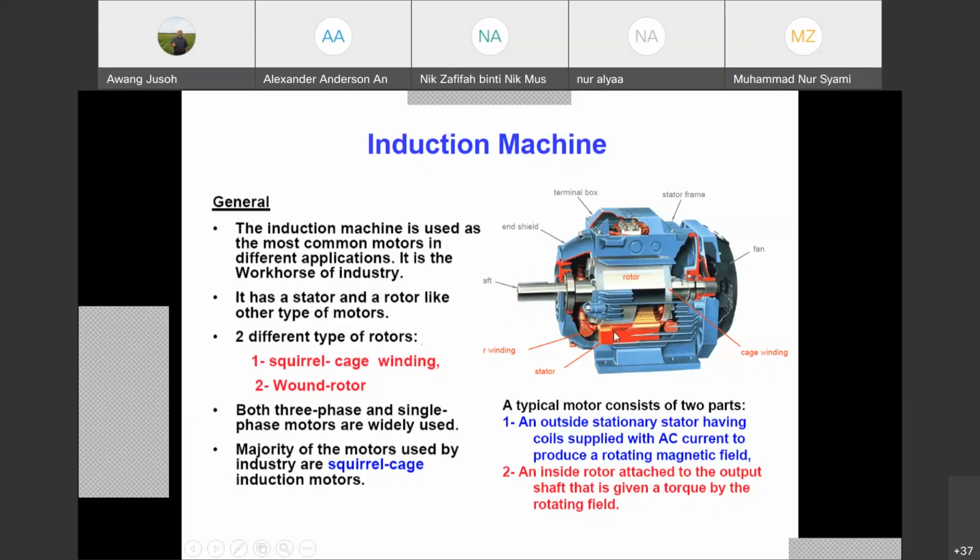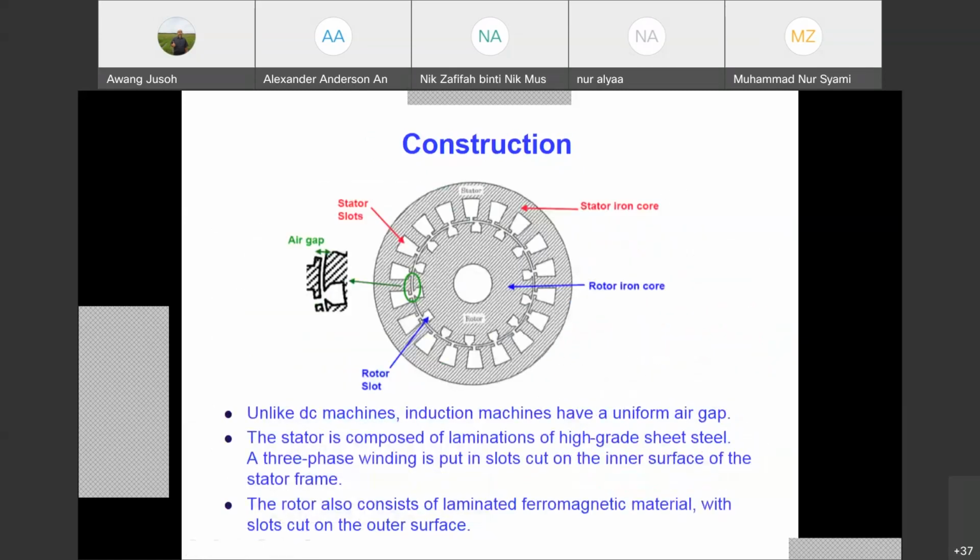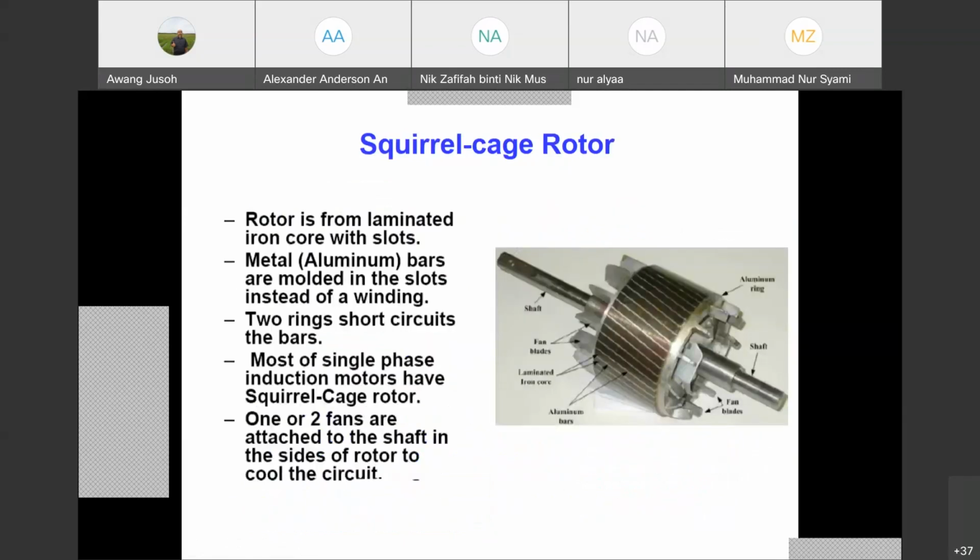So now we have flux rotating in this air gap with the synchronous speed, where the synchronous speed is given by ns. What's the formula for ns, if you remember? 120f divided by p. The formula for ns in RPM equals 120f divided by p. f is the supply frequency, p is the number of machine poles.